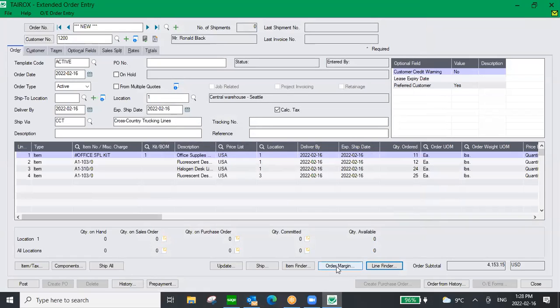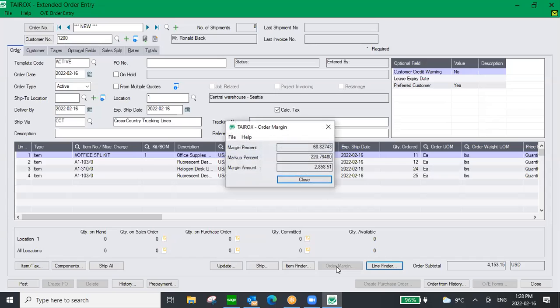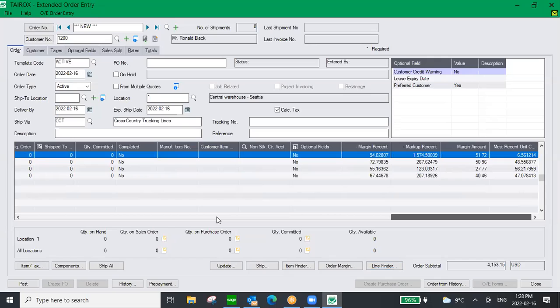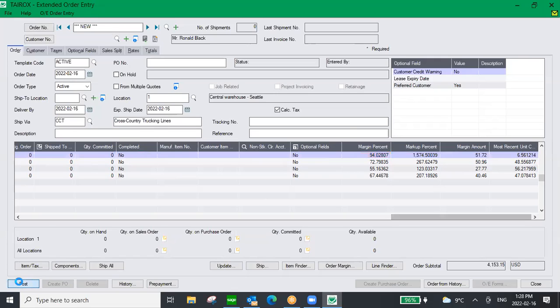Order margins. So you can see the order margins. And when I click on this button, it's showing me the order margin as a whole for this entire order. But I can also scroll down to the end of the row, and I can see it at a line level. So I can see what the margin percent is, and the margin markup and so on at the line level. Now, if I go ahead and post this,